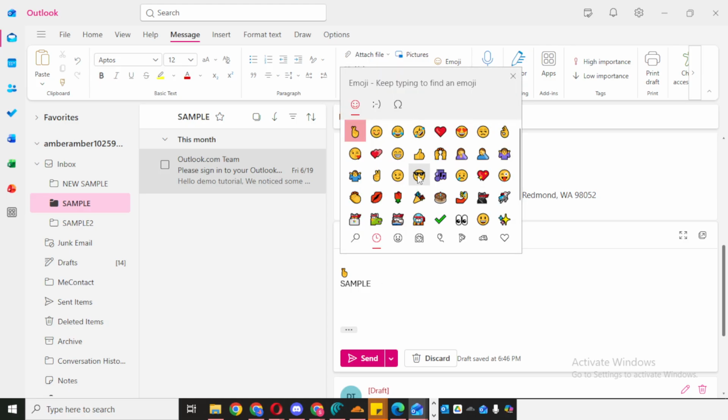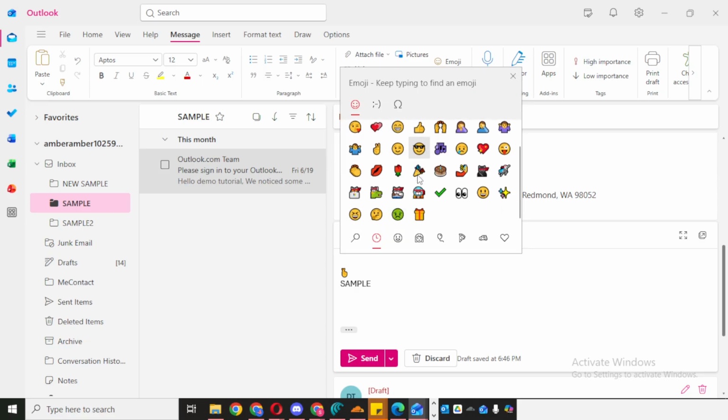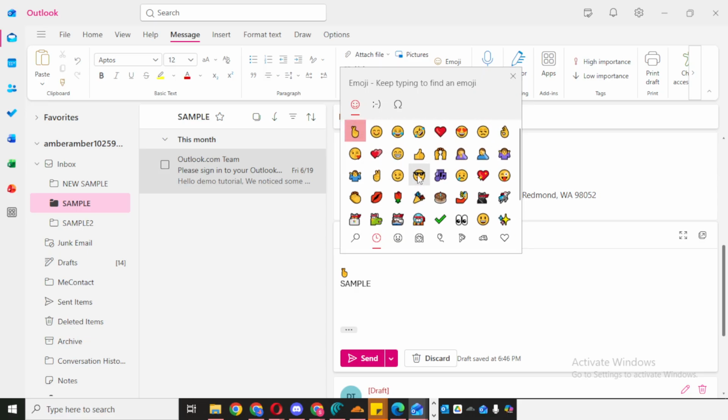The panel gives you a selection of emojis that you can scroll through and choose from, making it easy to find one that matches the tone of your message. Take a moment to browse the available options and select the emoji you prefer. Once you click on an emoji, it will automatically be inserted into your Outlook reply wherever your cursor is placed.